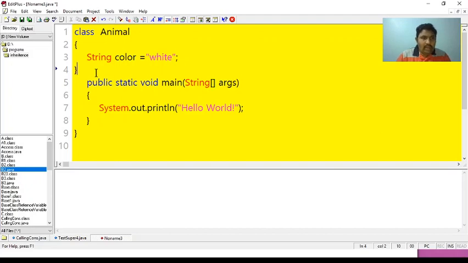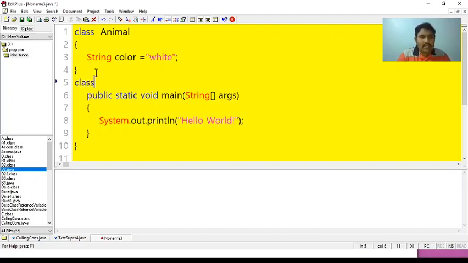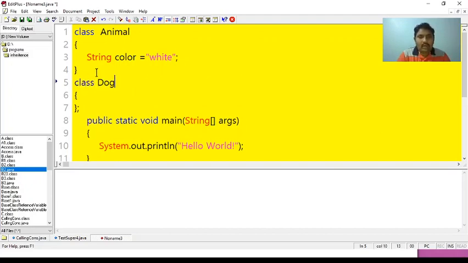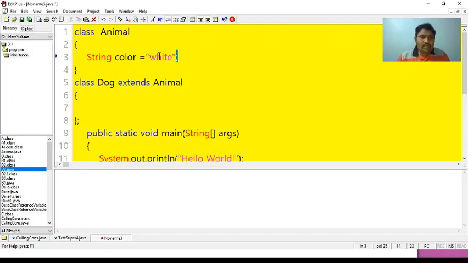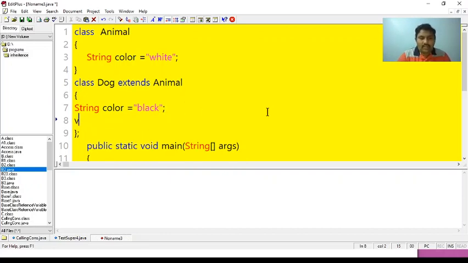This Animal class is extended by another class called Dog. So the Dog class extends Animal. The Dog class also has its own color value, but its color is black. Here I have one method to display.